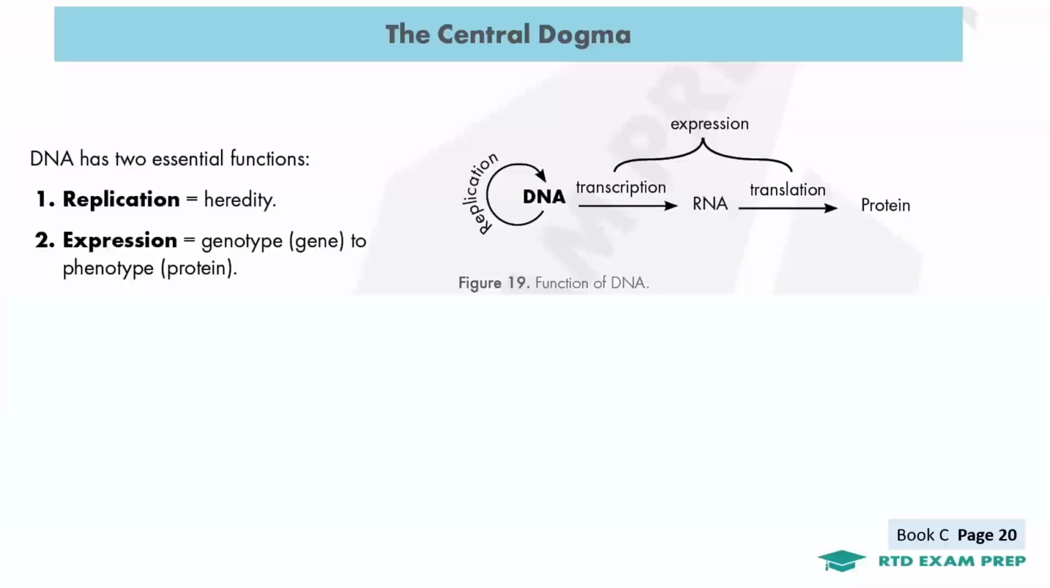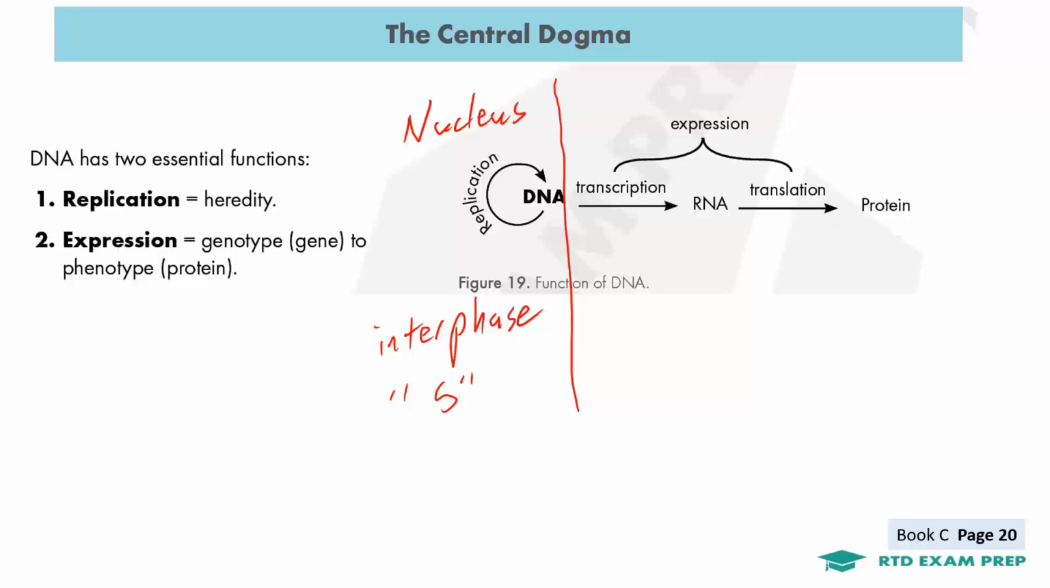When we talk about the central dogma of DNA, we are looking at two separate processes. So I like to draw a line here. Replication is going to occur in interphase, specifically in the S phase. Expression has nothing to do with replication. Replication is going to occur within the nucleus. Transcription and translation: transcription is going to be in the nucleus, and translation is going to be in the cytoplasm